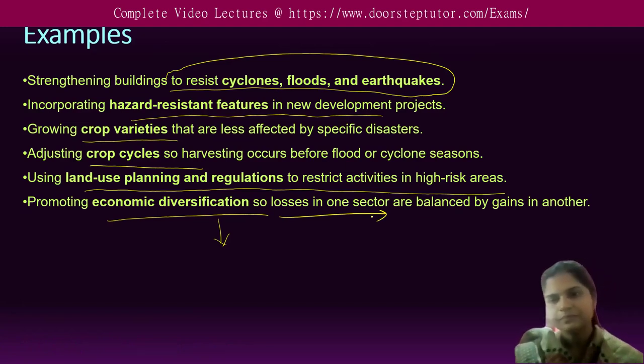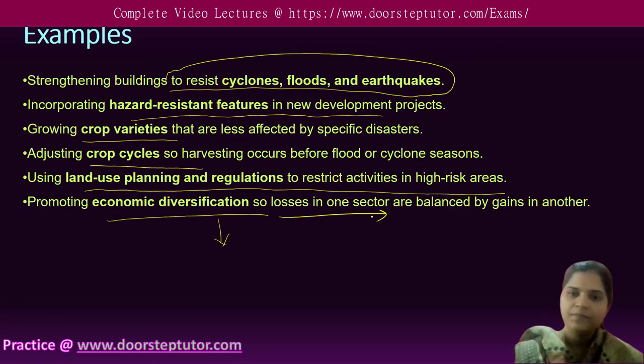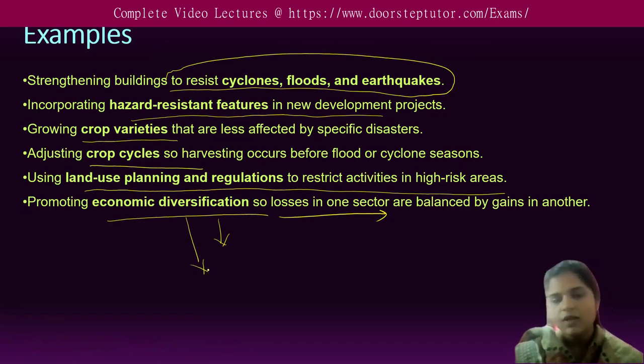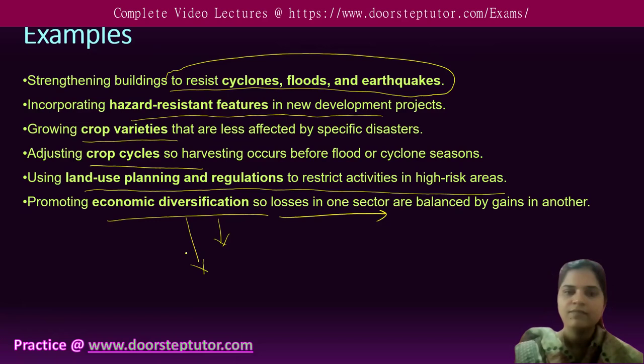For example, if the agriculture sector is hit by cyclones or floods, then we can focus on the tertiary sector or the manufacturing sector, so that the GDP can be balanced in a proper way, and if there are losses in one sector, it will not negatively impact our economy. So that diversification is very important, and accordingly we have to train the people. We have to make them aware of these kinds of disaster risk or